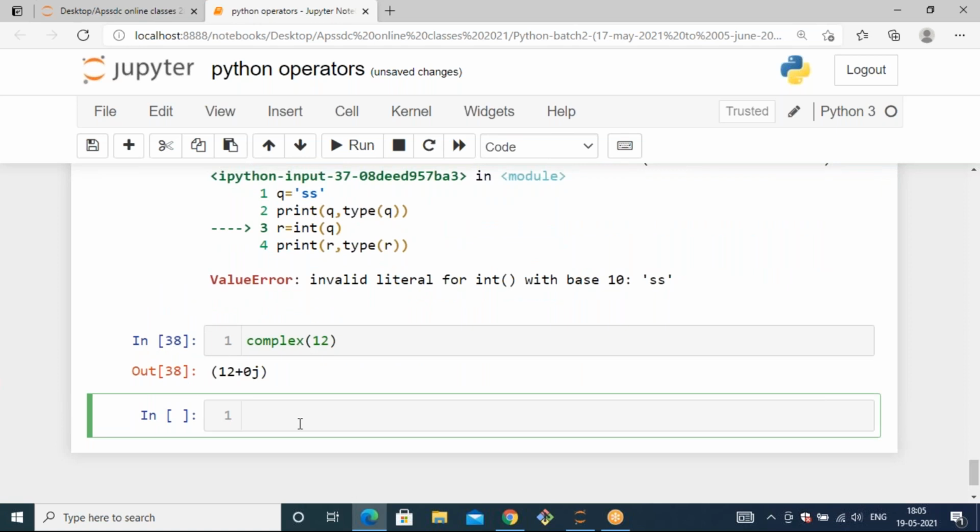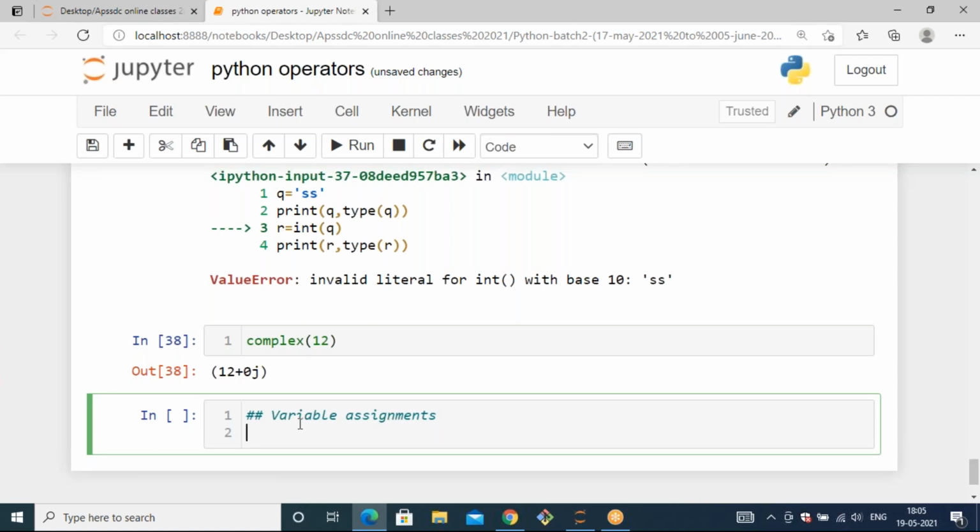Okay, that's it about typecasting. And next, let's see variable assignment. You have already seen single variable assignment.